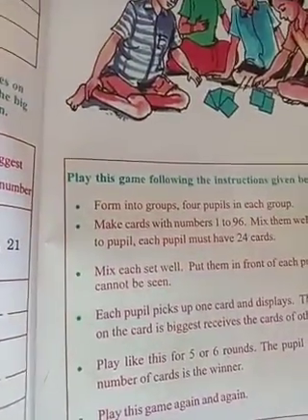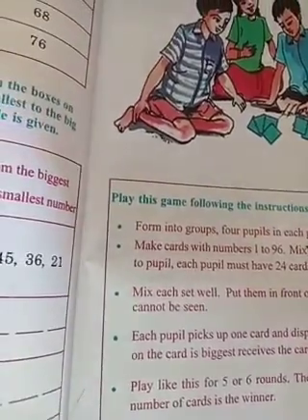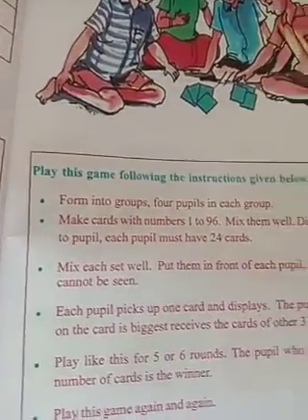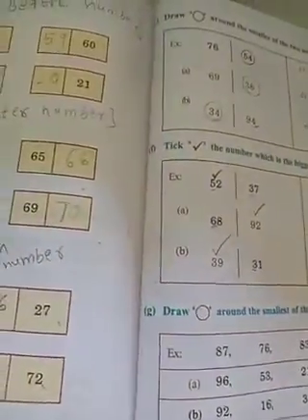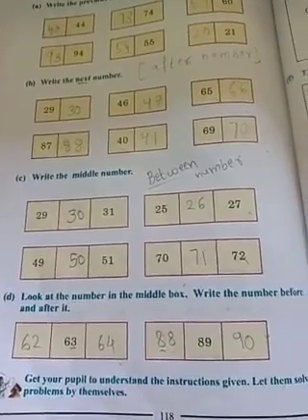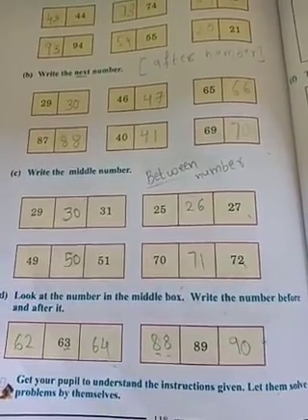And here there is also a game, children. So make number cards too. One game is there. This also I will explain, children. So those are not completed right now. Complete it. Complete it, all of you.